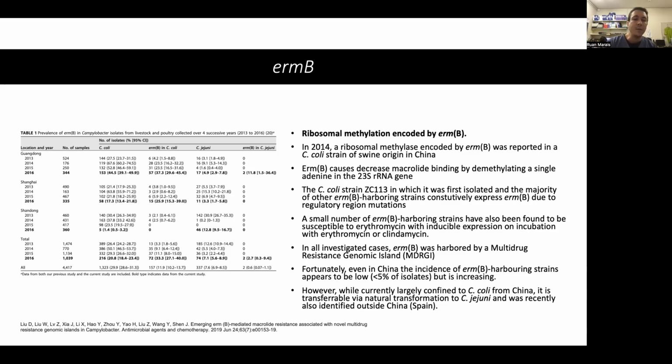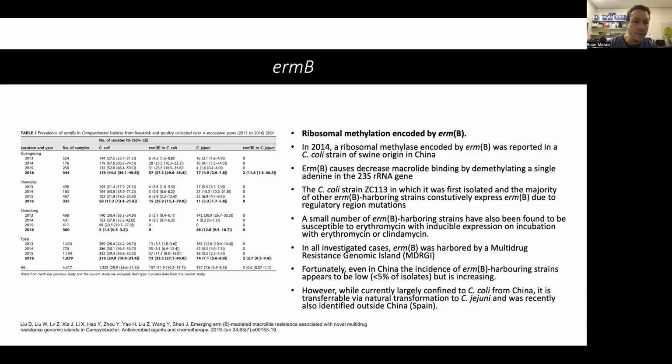But the real clinically relevant issue with this gene is that it's often harbored in multi-drug resistance genomic islands, which also carries resistance to fluoroquinolones as well as aminoglycosides, making it a real issue if it emerges or if it spreads further. And at least in